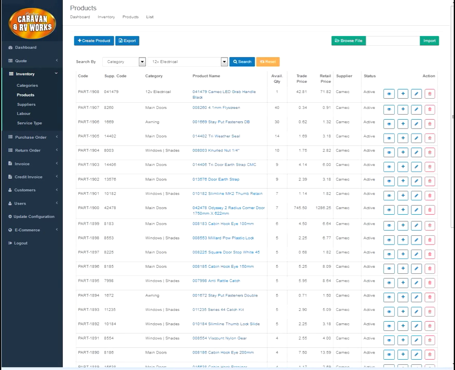On this screen, you'll see the overview of the products available in your inventory. In the middle of the screen, you can see the product database, which contains a system-generated code, supplier code, category, product name, quantity, trade price, retail price, the preferred supplier, and status of an item. On the far right of the screen, you have several buttons which allow for viewing products, editing, or even deleting